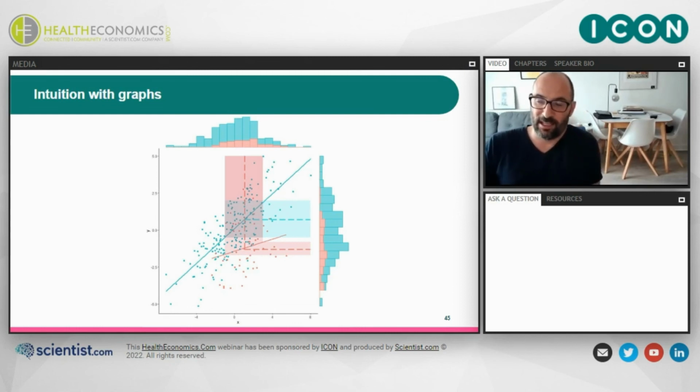Because we don't have IPD for the aggregate data study, we use a distribution of these input covariates, the histogram at the top, and we integrate over it to estimate this aggregate data study outcome via the regression, like I said. So there is a step where we need to make some assumptions about the actual distribution of the covariates given the summary statistics. An obvious example is, if we were given a mean and standard deviation, to assume a normal distribution.